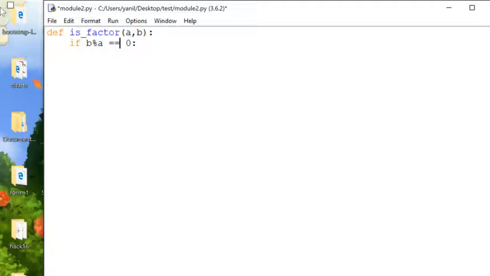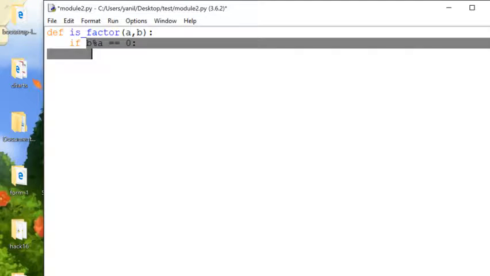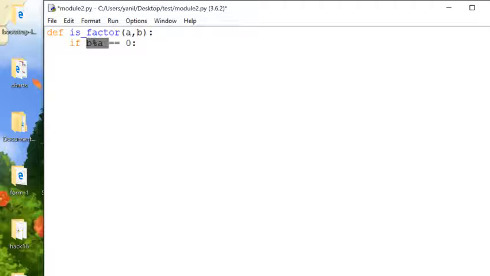This equals sign is comparing. It is comparing the two sides of the condition, and it will say true or false. This operator will make it true or false. It's comparing the one on this side to the one on the other side, from left to right. So then I will just return